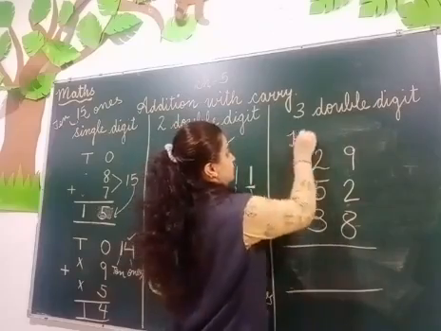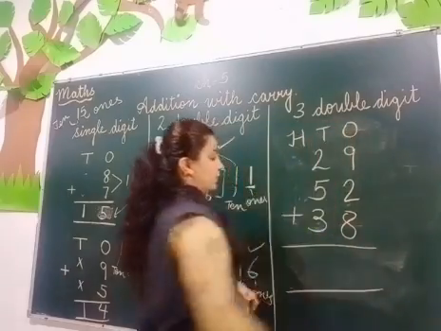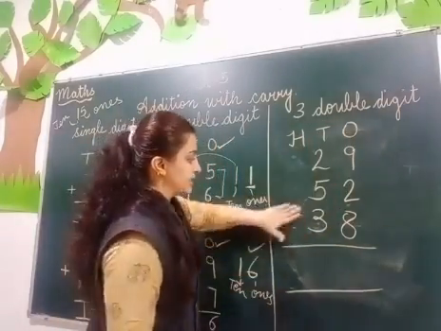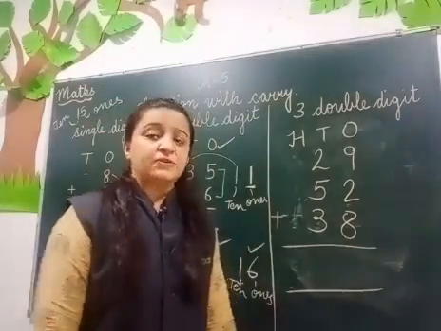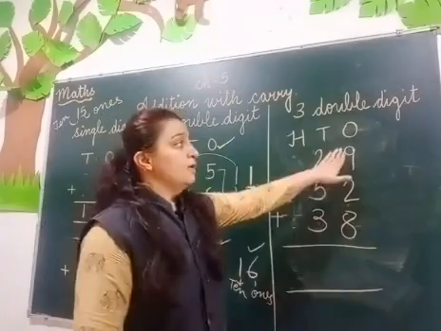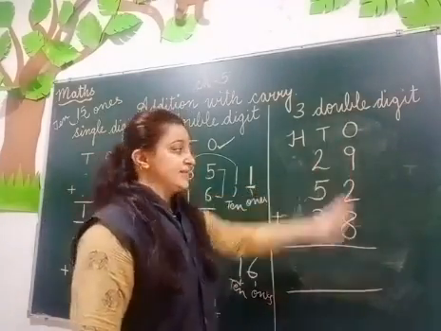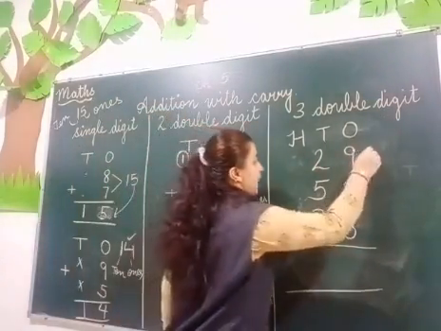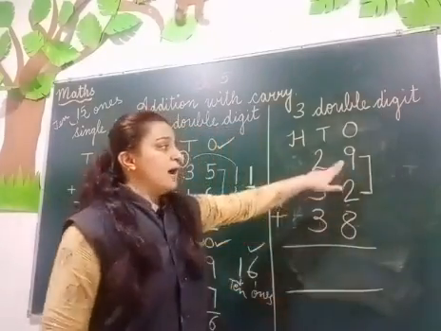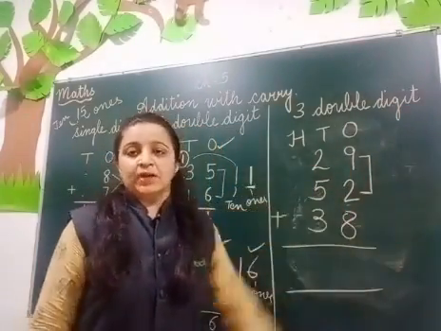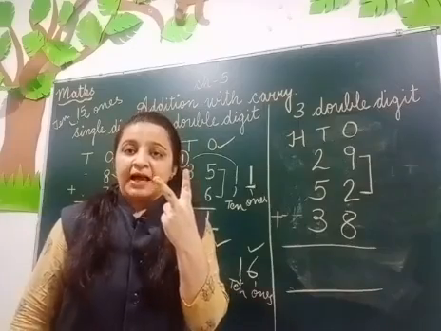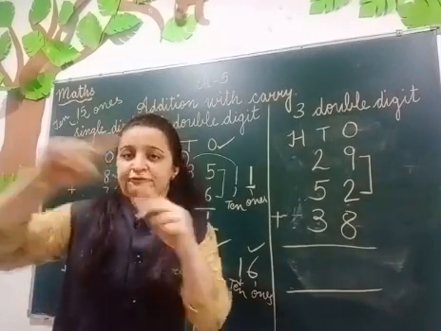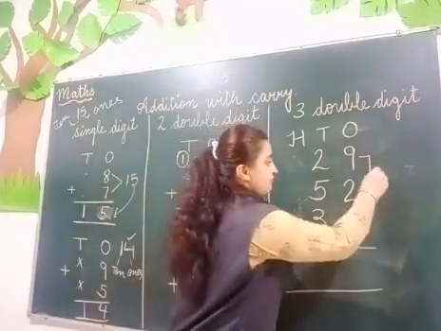Okay. Now you have to add these. Now from which place will we start the addition? Come on, tell. From the ones place. So which 2 numbers do you have to add first? You have to add 9 and 2. Come on, keep 9 in your mind and take out 2 fingers. 9, 10, 11. Answer is 11.